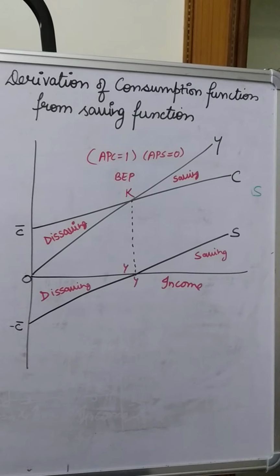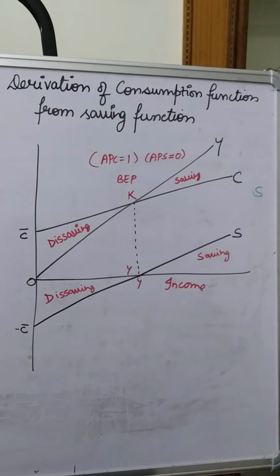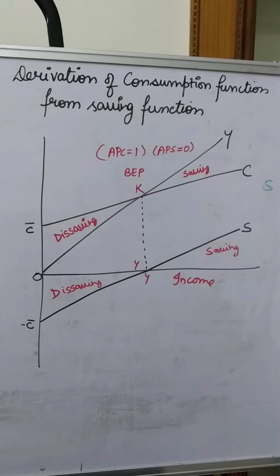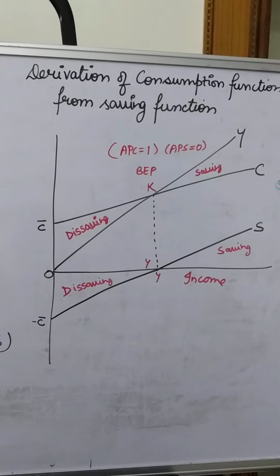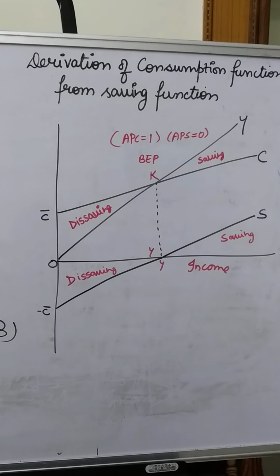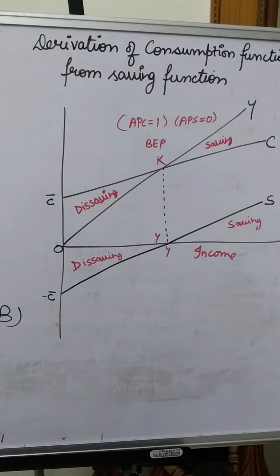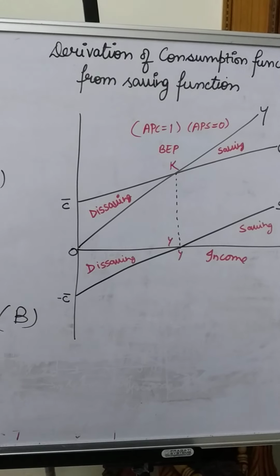See, in this diagram a straight line saving SS curve is showing you the saving function at the different levels of income. In the beginning you can see that the saving curve is negative and saving is equal to OS at the zero level of income. After that we can see at the zero level of income some consumption expenditure is there.